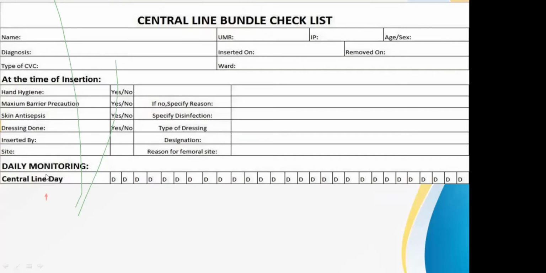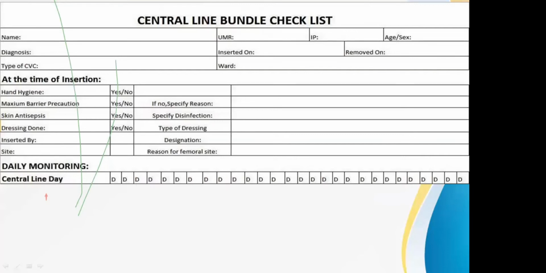This is very common in our hospital setups. The blame game keeps on going on that yes, he has done it, she has done it. So at least you have a name, you can identify, and you can at least train that person, so that this kind of problem should not arise further. What is the designation? Is it a trainee or a trained healthcare staff? What is the site? And if it's not a subclavian, what was the reason for putting up the femoral site? And these are the centerline days, based on 1 to 30. I mean, so the list goes on.